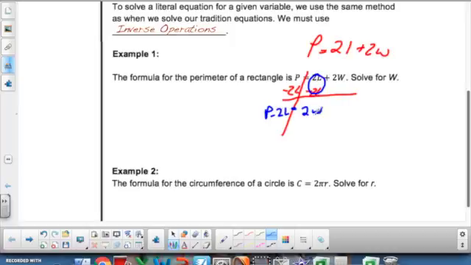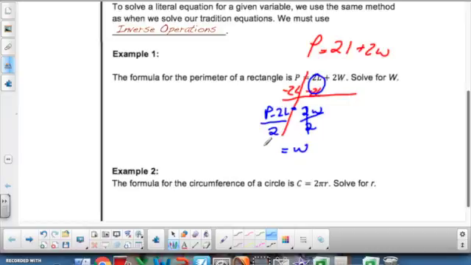Okay, now I'm going to come over here. My W is still not by itself, but I see that what's happening to my W is I'm multiplying by 2. If I want to undo that, then I'm going to divide by 2. Because of my division property of equality, if I divide by 2 on this side, then I'm going to divide by 2 on this side. That cancels and leaves me with just my width. Yay! That's what I wanted. Over here,